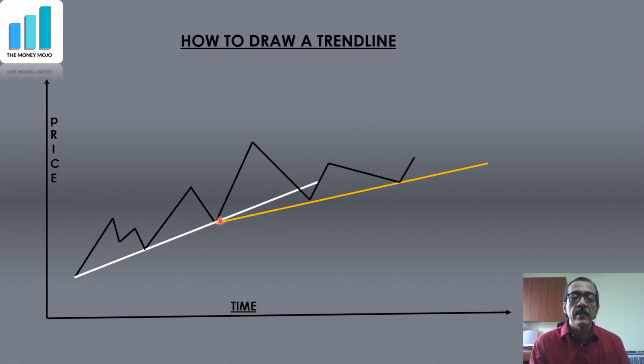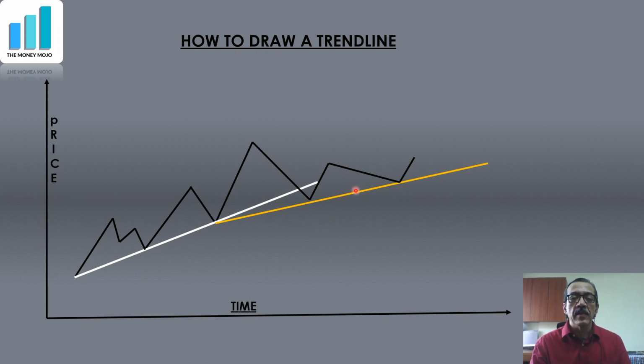So this was the first point, it went up, came down. We know this is the second point, not at this time, but when it goes up and comes back here, then it starts going up, then we know these are three valid points. These are 3 points and they all happen to fall on the line, so you can now draw a line connecting these points and say this is another trend line. So to conclude, there are only two ways to draw a trend line. One, it should be forming a higher high and higher low as per Dow theory, and two, 3 points should fall on a trend line. Then I can draw a trend line.